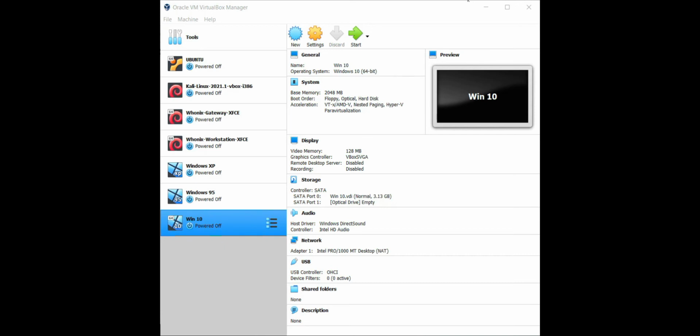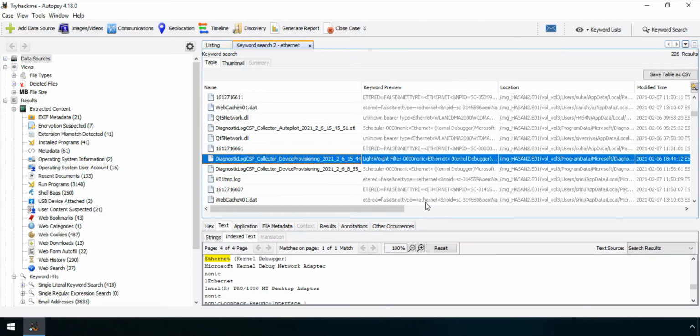You don't need to go into thorough depth, but for the sake of verification, I will walk you through a keyword search that gives an insight into that.